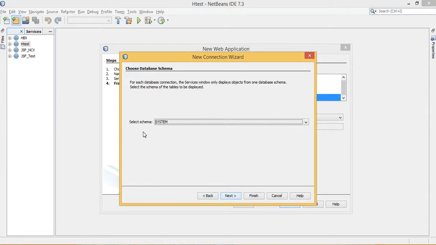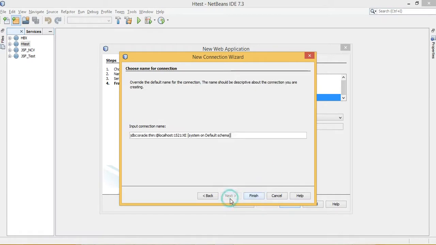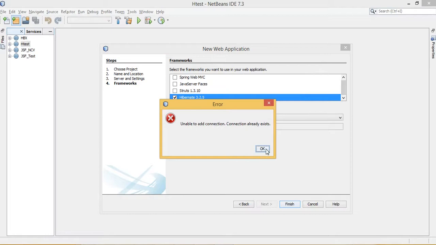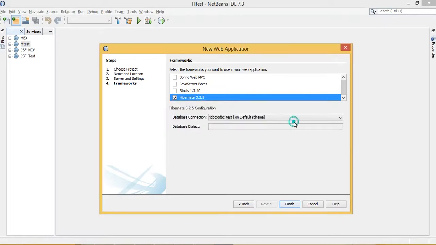In which schema do you want to create user defined tables, right? I am using the system schema to create a table. Then this is my connection string, jdbc:oracle:thin:@localhost:1521:XE, the default one, and you need to click finish. I already created this string, that's why it shows unable to add connection because the connection already exists. Once you follow these steps, the JDBC Oracle thin string will be added here.